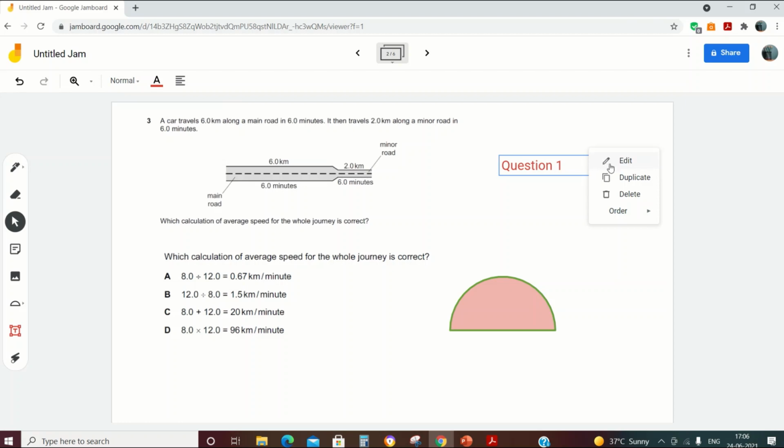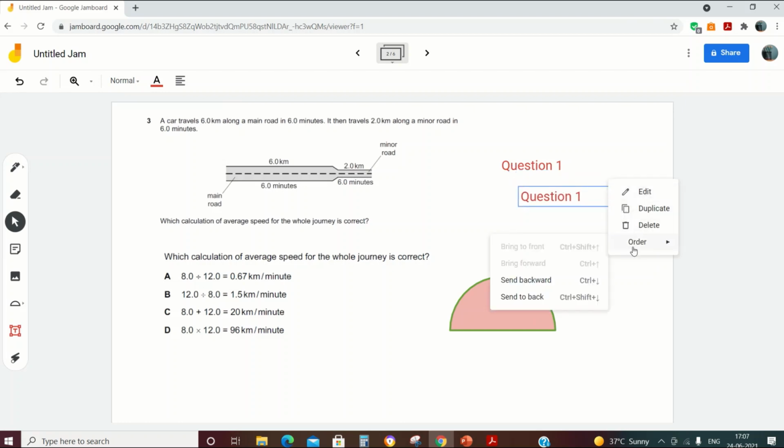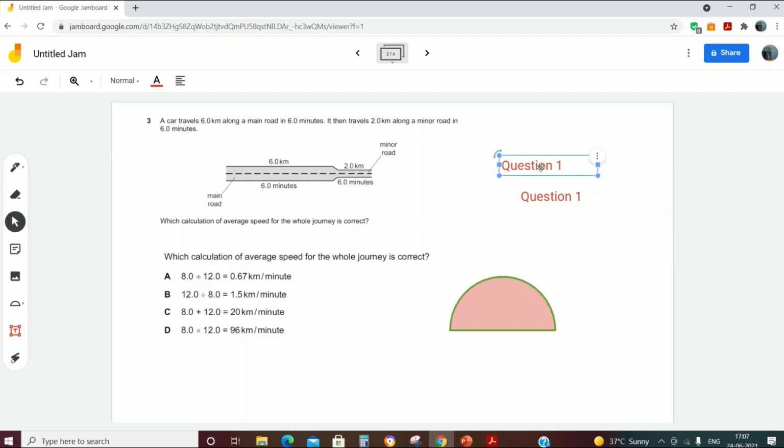And here you also have an edit option, a delete option, and a duplicate option. When you duplicate, you can see the same thing coming again. And there you can see different options like send backward and send forward. The send backward and send forward options are for when the text is on the picture, or if it is hidden by another text, we can use that bring to front or bring to back option. So you are free to explore all those features here.